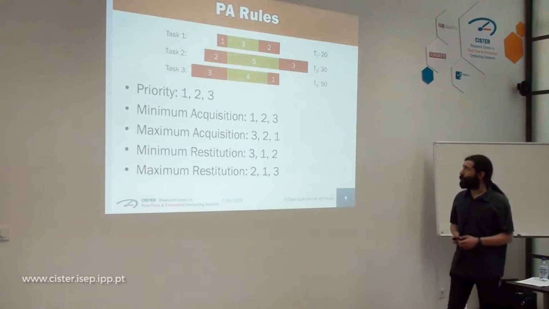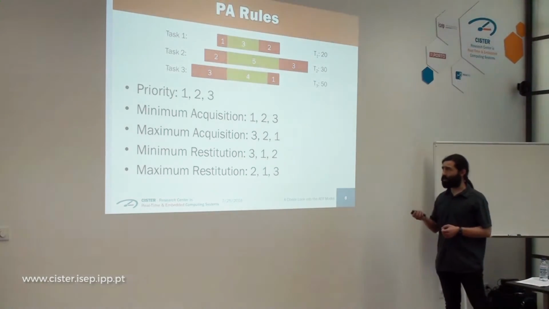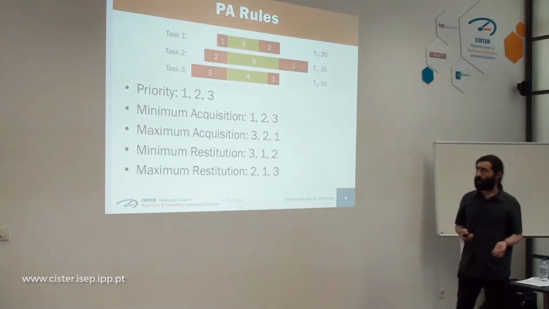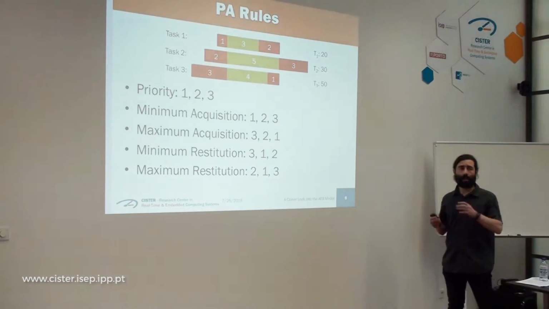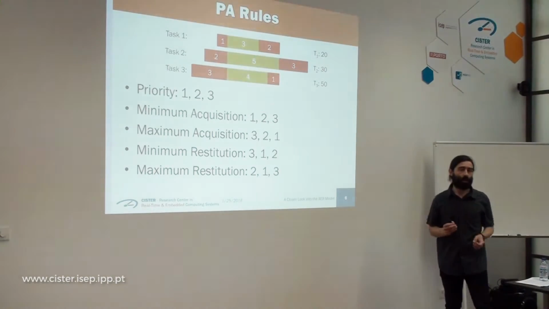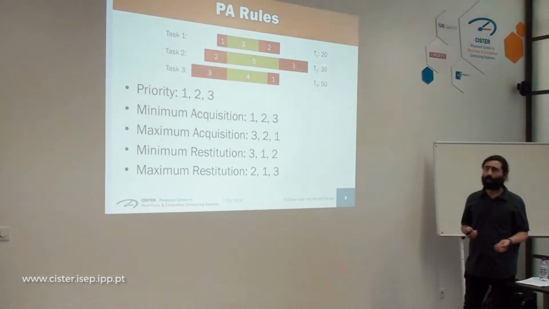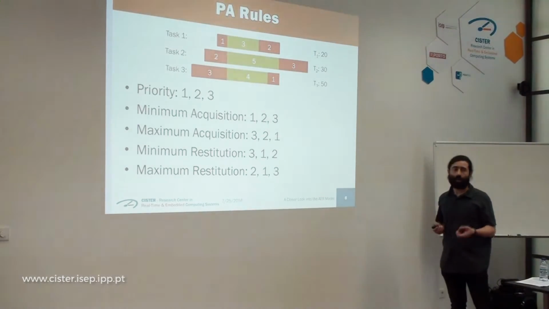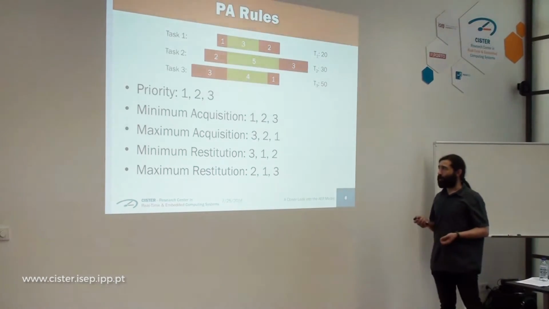So these are the priority assignment rules. There are 5 rules, very simple. Basically the rules only affect the selection of the task when allocating it into a core. The first rule is based on priority, and this is similar to rate monotonic, where the priority is given to the task that has a shorter period. The minimum acquisition